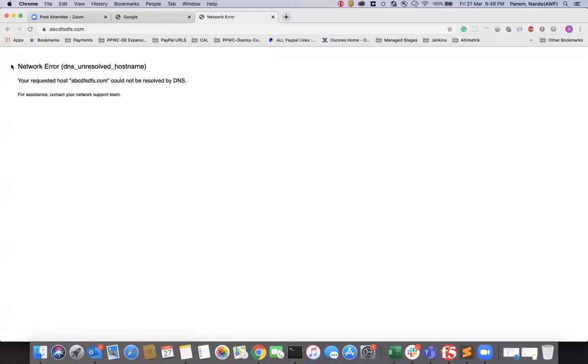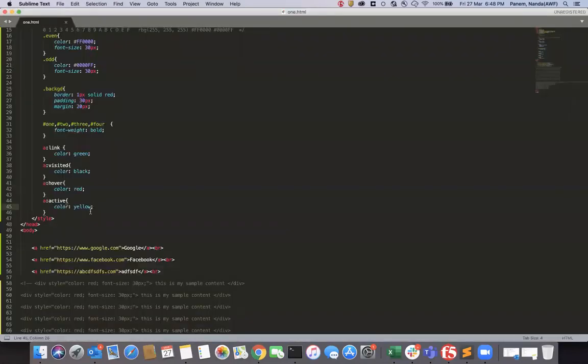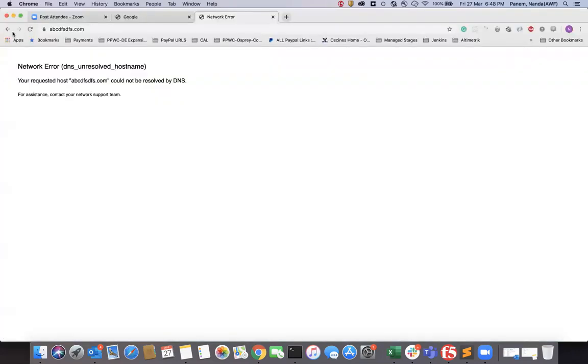Now when you mouse over any of the links, my color changes to red, because the color changes based on the state. When you click on it, you saw an active color of yellow, but we are not able to catch it because it is a very small time gap.